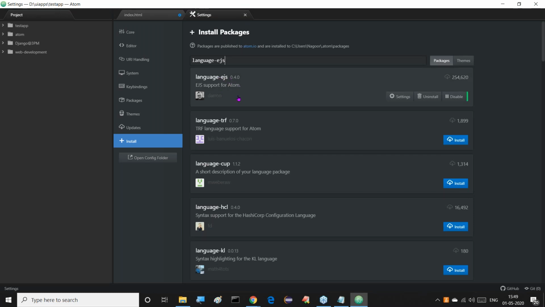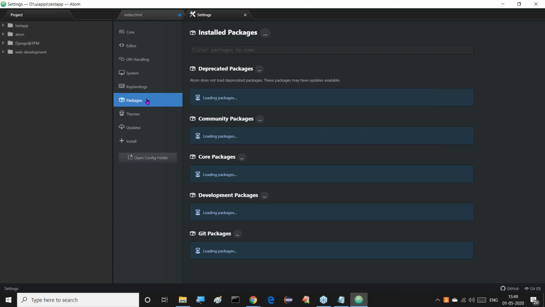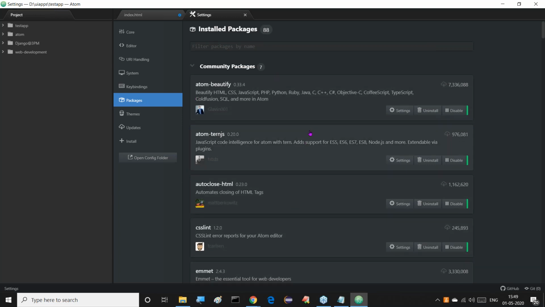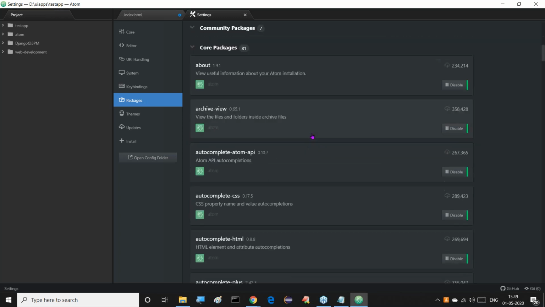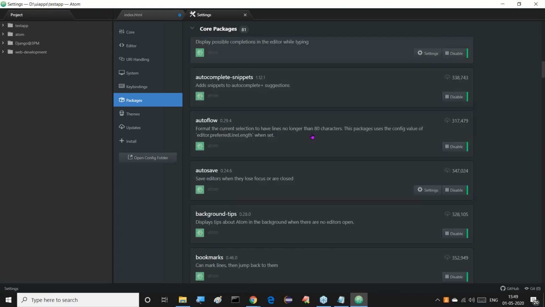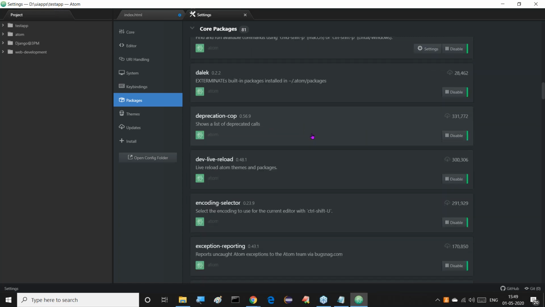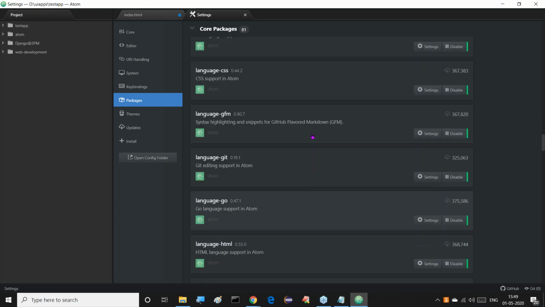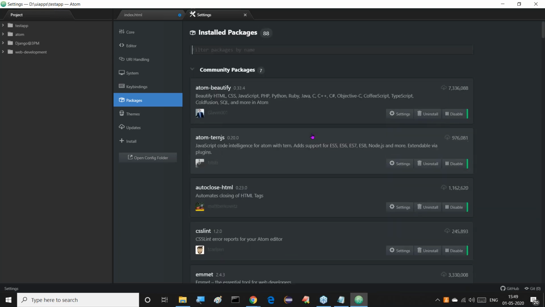Now I want to check what are the various packages already installed in my system. Just click on these packages. If you observe this, click on these packages now. Automatically, all the packages that we installed in our system are shown. Not only that, by default some packages come along with the default packages, and then explicitly we install some packages. Now we can understand it clearly.